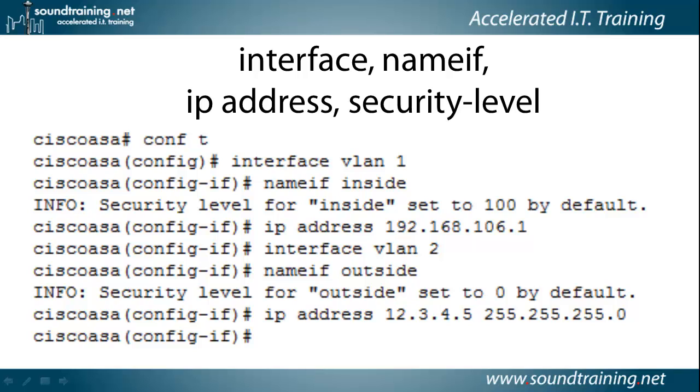We're going to use the nameif command to give it the name inside. As soon as we do that, the appliance automatically associates the security level 100 with the interface. It does that by default. You can change it if you want to, but typically you wouldn't. Then we give it the IP address of